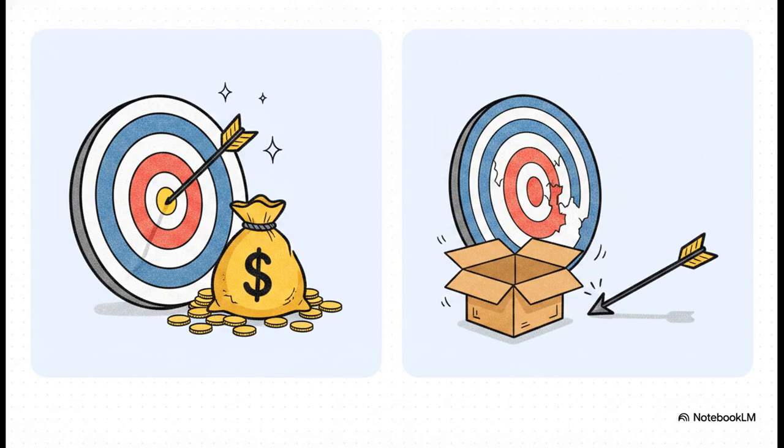Literally, the absolute most you can ever lose is the premium you paid to buy the option in the first place. Now, traders categorize these options based on how useful they are right in the current moment. If you hold a call option and the locked-in strike price is lower, meaning it's a better deal, than the current market price, you are in the money. You could theoretically exercise your right, buy the asset cheap, and immediately sell it at the higher market price for a quick profit. But if your strike price is worse than the current market price, your option is out of the money, and it's essentially useless to exercise in that exact moment.